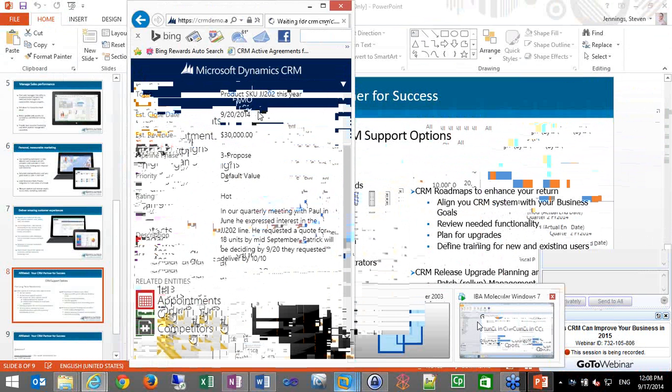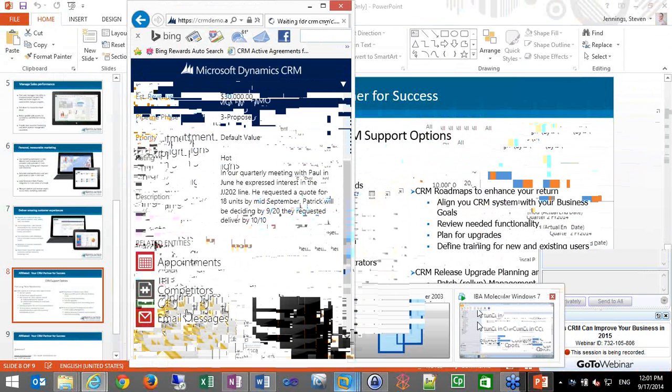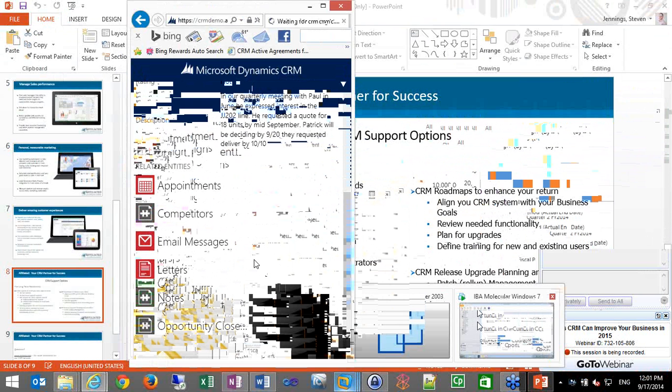Yep. So it shows some critical information. You can edit it if you need to, but you can also see the activities that are associated with these as well too. So you can see all of the activities that are related to this particular opportunity. So you have everything at the tips of your finger as you're out and about, working with sales, because a lot of sales individuals are not physically at an office. A lot of them are out on the roads. So the mobile capability with CRM is very powerful, and it can be an additional tool that can benefit and